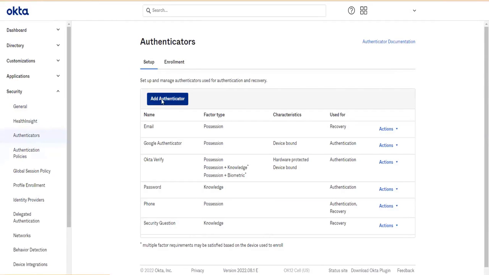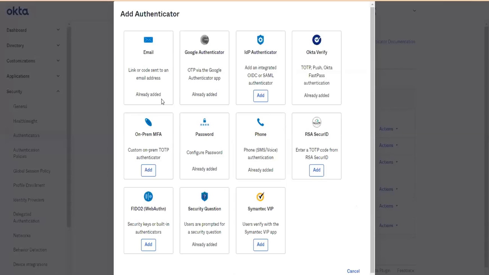You can see an option to add authenticator. Click that Add Authenticator. You can see these. Many are available for a developer instance. For developer we have only a limited list, but for the enterprise you will have a big list. So you can go ahead and add it.